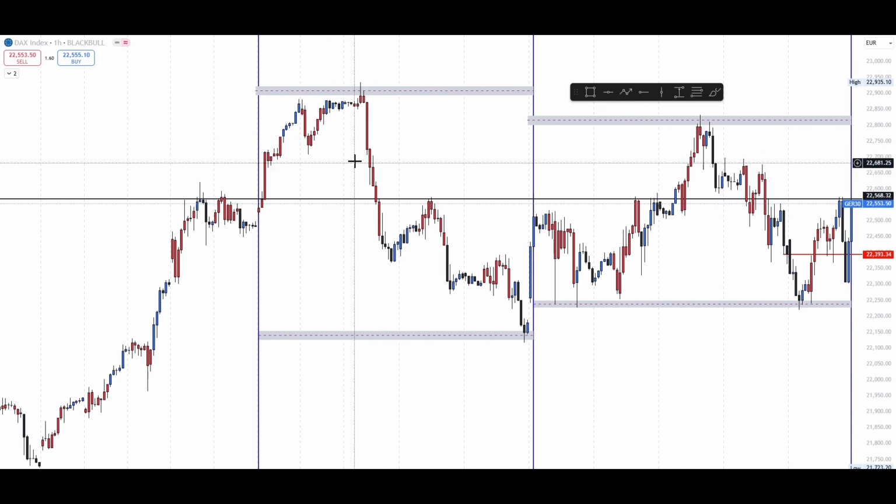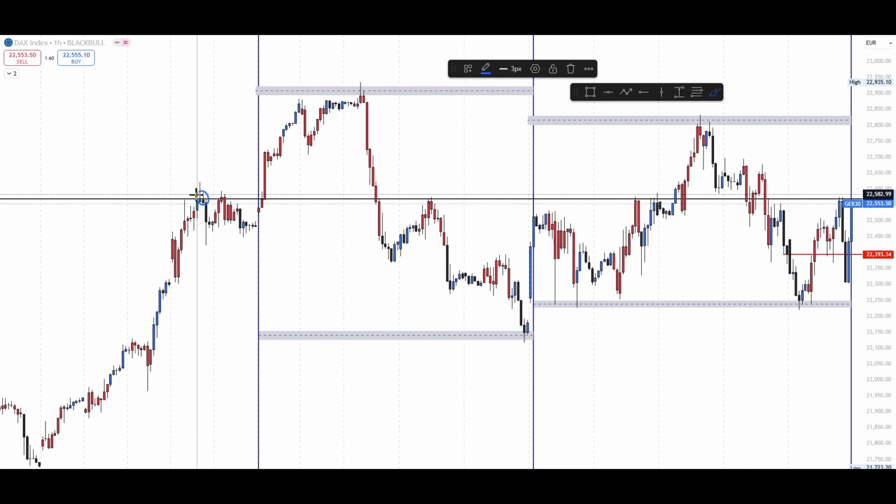So on Wednesday, we had a strong trend, and then the market broke below this level around 3 p.m. during NYC, and then retested and sold off. And then on Thursday, the market retested this level, because remember, we had this level, and then we had this level, and then the market retested here as well. So you pay attention